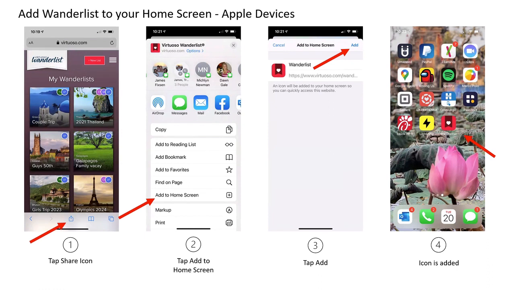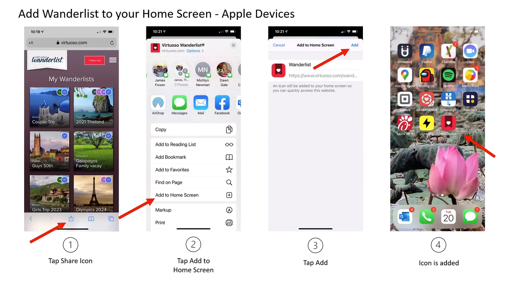The cool thing about this, because I just learned this myself like 3 months ago, I thought, oh my gosh, I'm going to use this not just for Wanderlist. I'm going to use this for all of these web-based things that I'm doing as an easy way to get in. I do some shopping on different things that don't have apps yet, and I can create a little app. So it's a cool thing to share with your clients because they could use it for other things.